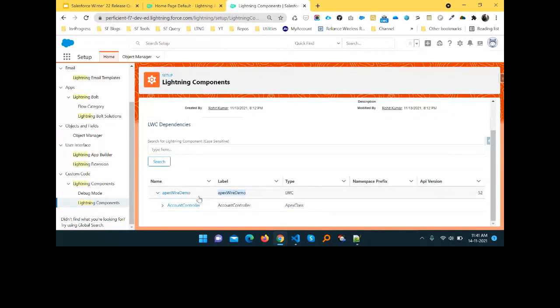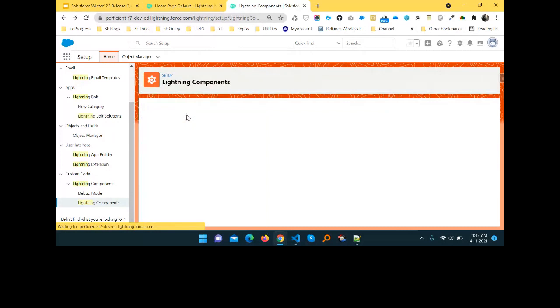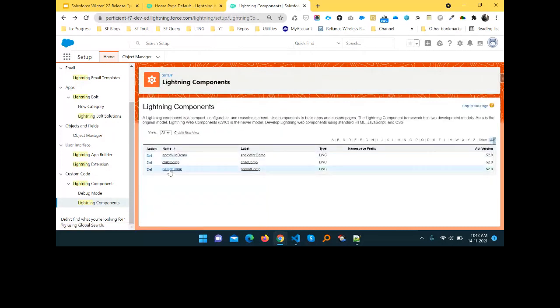So you can easily find your component dependency and all the metadata. Once you click this one you cannot see anything because this class only has this one. If you have another class, like a wrapper class or some reference class, you can expand this one and easily get those things. Let me go back here.